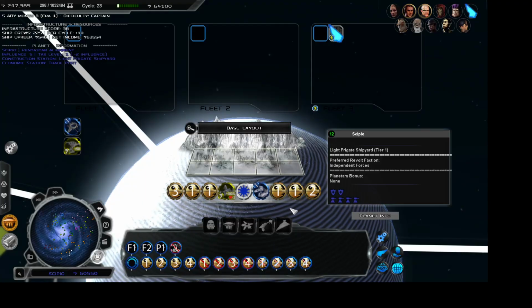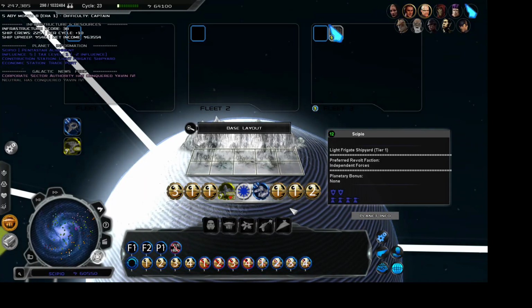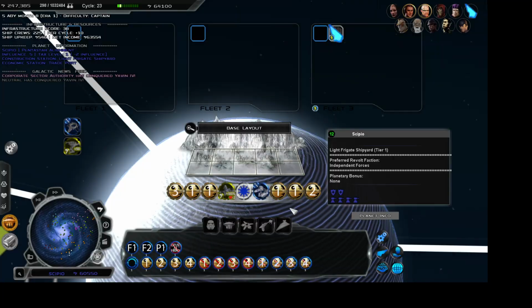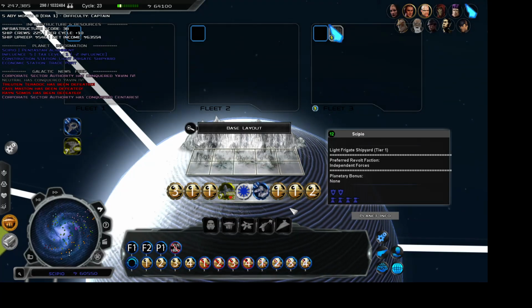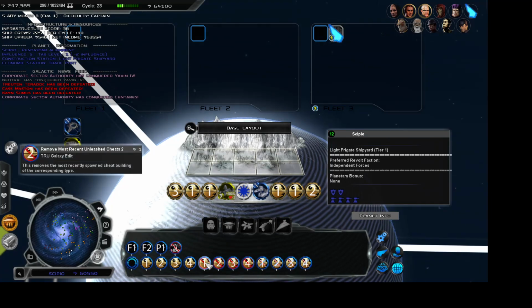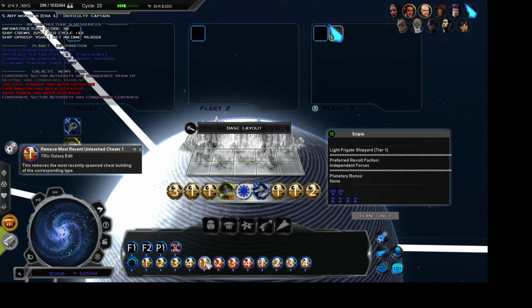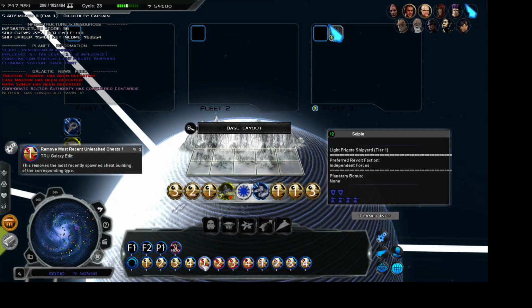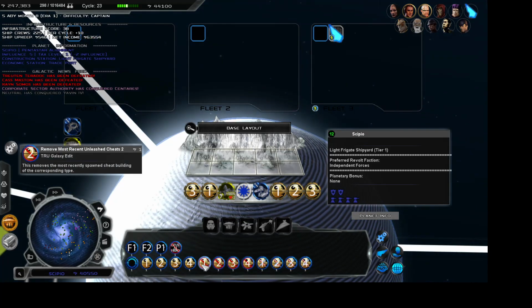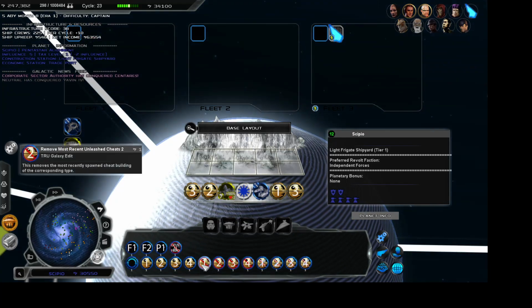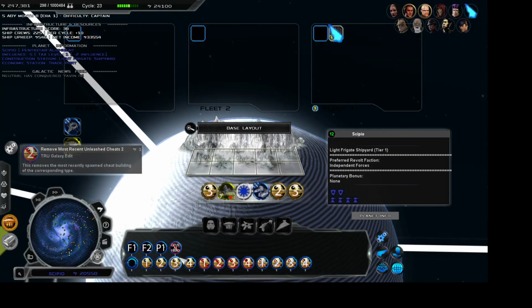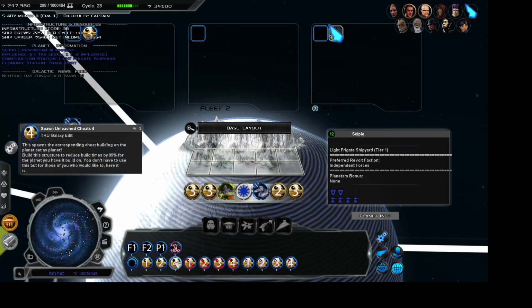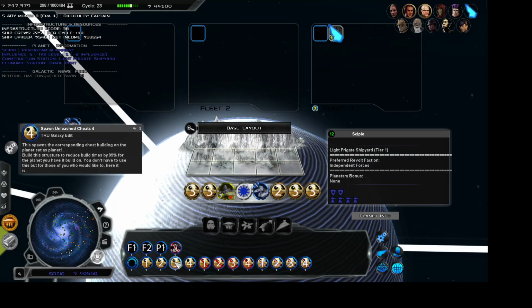But since you can't remove them, we don't have a way to detect what's on a planet in that sort of a way and pull it off of a specific planet. What you can do here is I've got options to remove the last one, the most recent cheat structure that you've built. So for that category, it'll remove the most recent number one that we've made. Then we also have the options to be able to remove every one of them in